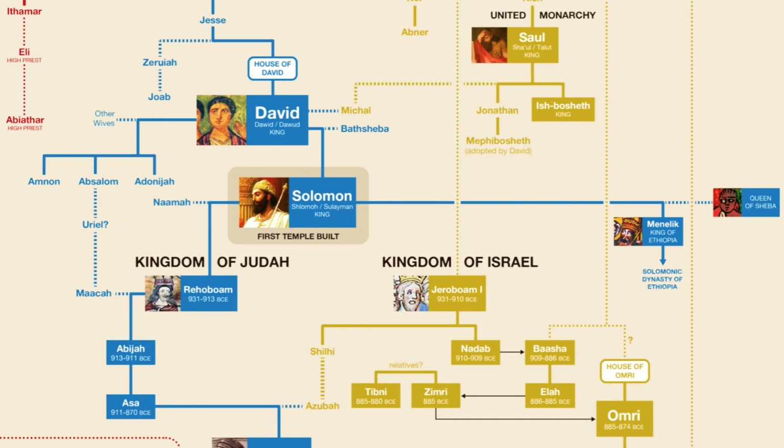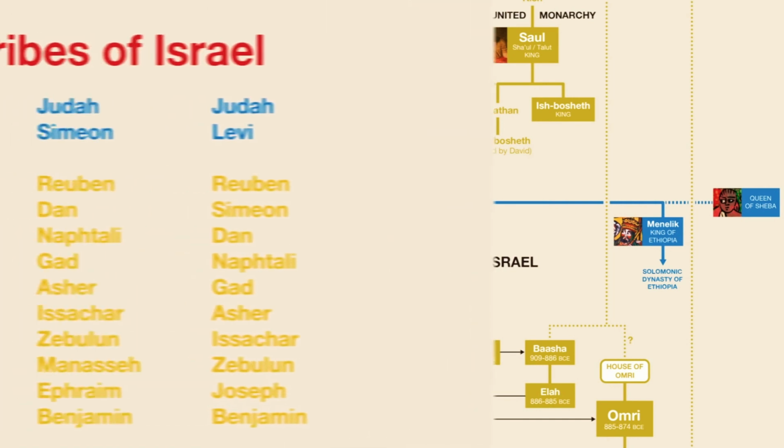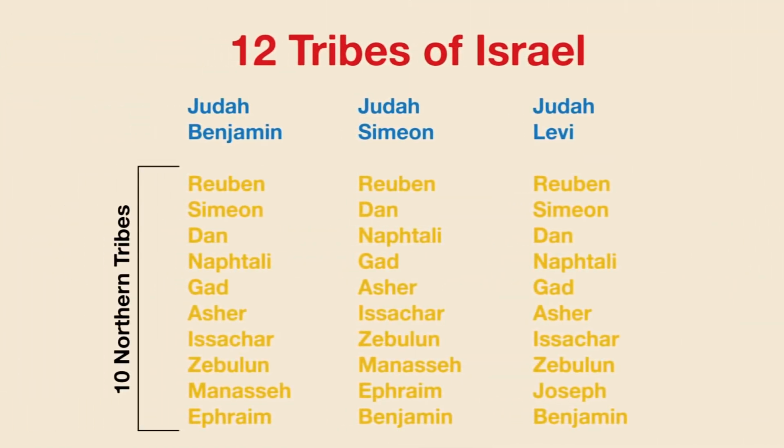Makes sense. If you want to see the rest of the tree, you can check out my video on the kings of ancient Israel and Judah, which I've already posted and which you can find a link to in the description. But before I go, let me explain one more thing. It is said that there were 10 northern tribes, but who exactly those 10 tribes were sometimes differs. Okay. There are actually 3 different ways we can come up with the number 10.